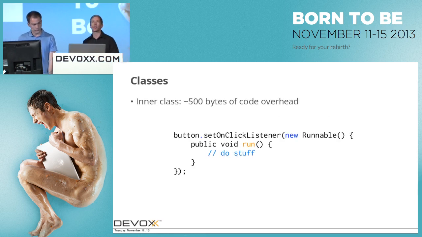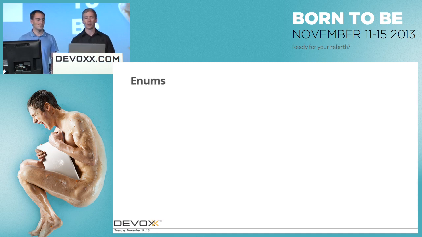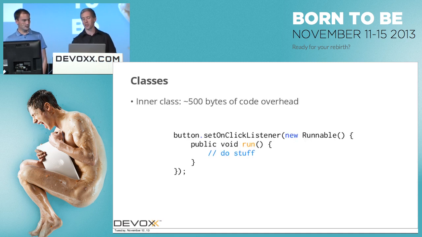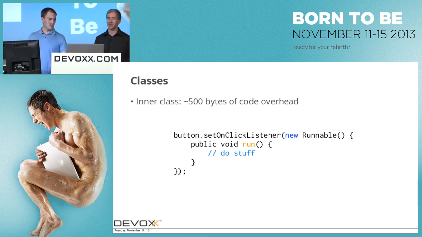So classes, inner classes also take up space, something we may not think about. You add a click listener, there's about 500 bytes of code overhead. Enums, this is a popular topic to cover. No, sorry, let's go back. Okay. So the code overhead, for similar reasons you might think that it doesn't really matter, but when we have